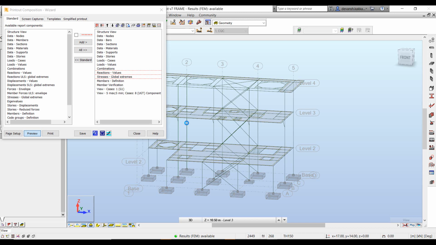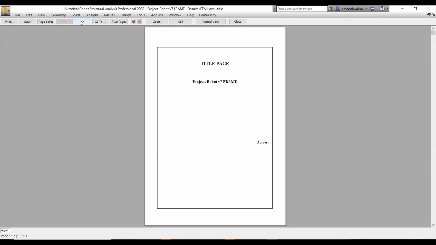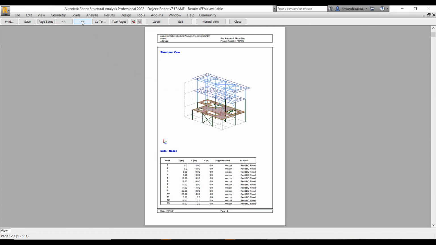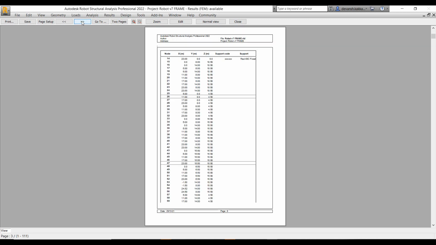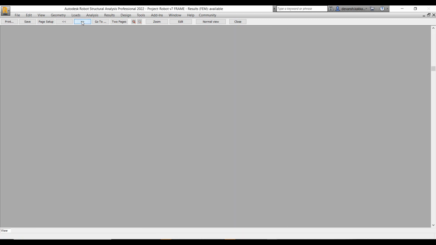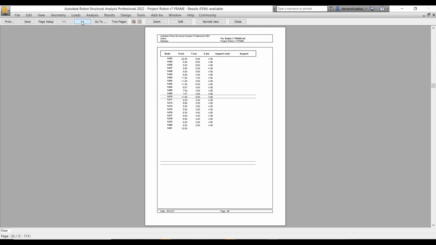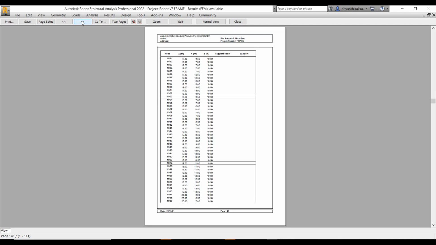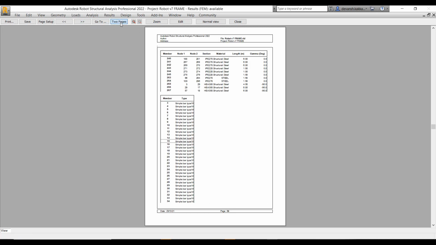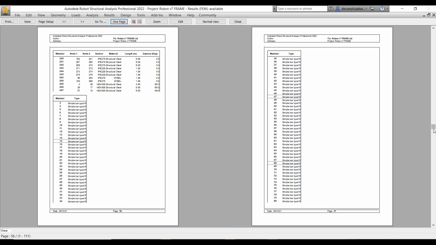Depending on the amount of data you want to feed, it takes some time to prepare the report, and then you can visualize the entire report. Now this is completely customizable, so in case I want my company logo or any other details to be populated, that can be done. Also, this report can be converted to a simple Word file. So anytime you want to export it to a Word file format, you can do that, and then you can do all editing or any customization that is required in the Word environment.